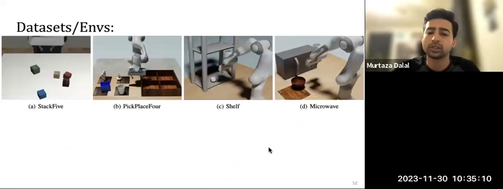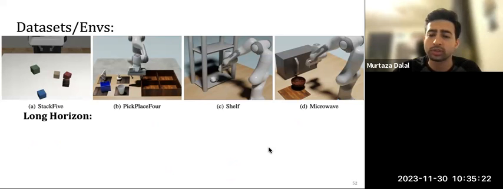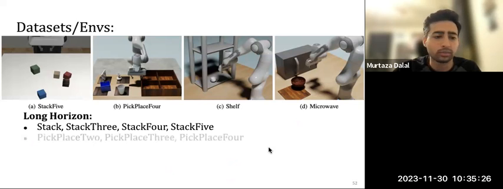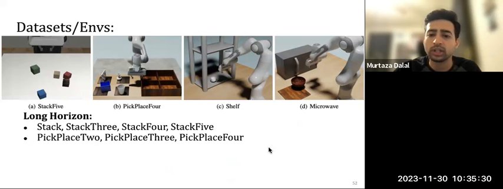For evaluation, we evaluate on a wide set of tasks that really test different aspects of our manipulation system's capabilities. We evaluate long horizon manipulation with simple objects, so you have block stacking on the left, objects with potentially varying geometries, like pick place shown in the middle, manipulation of objects in the presence of 3D obstacles, so you have shelf right here, or articulated object manipulation, which is a microwave task here.